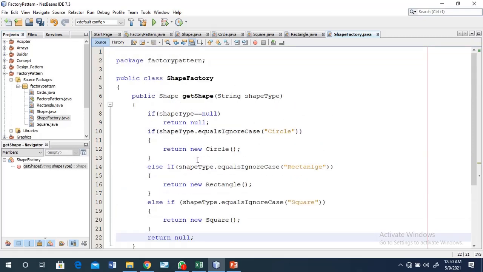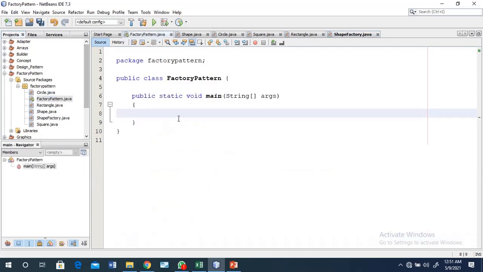So your factory concept is clear. So within the shape factory, we are just handling the request. Means whatever input is sent by the user, we just handle that input, and finally in a demo method we will check the concept.